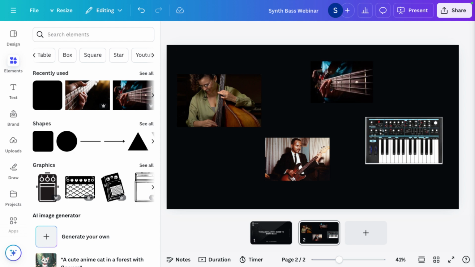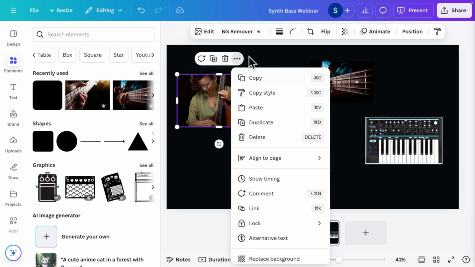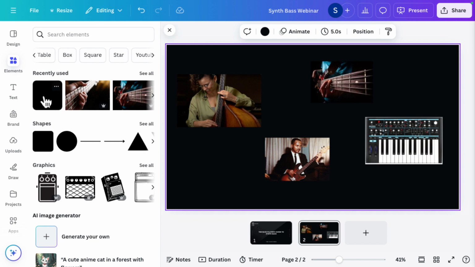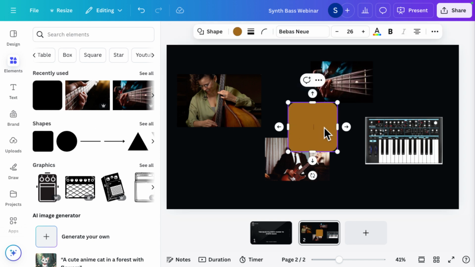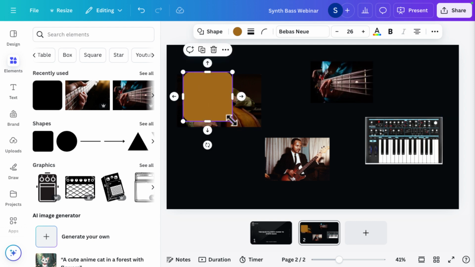Hey there, I want to show you a really quick way to make a sort of a flow chart in Canva. I'm currently working on a slideshow or slide deck, and I want to link these photos to show the evolution of bass players. I don't think that there's a way to do this with photos, but I'm going to do it with shapes. So I'm going to take these shapes, I'm going to create a shape here and just lay